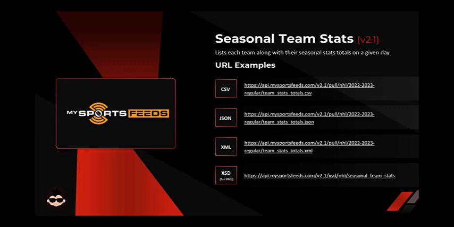Daily fantasy users can leverage these statistics to gain insights into how teams are performing. They can use this information to build more effective lineups and make more informed decisions when drafting players for their fantasy teams. For example, a daily fantasy user may use these stats to identify teams with strong power play units, which could increase the likelihood of a player on that team scoring points. Overall, the MySportsFeeds.com NHL seasonal team stats provide a valuable resource for daily fantasy users looking to gain an edge